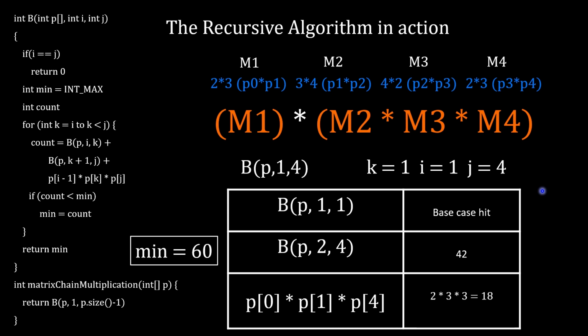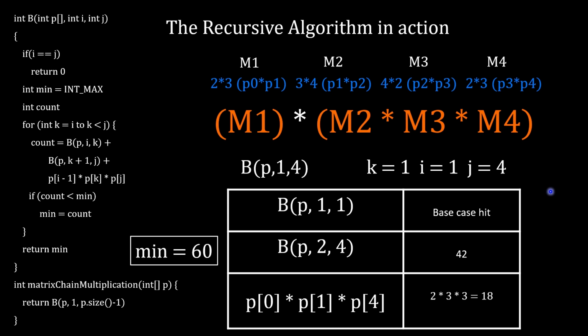Now, I should point out it's kind of confusing, but we did have a scenario where the minimum was 60 before, where we were looking at this specific range. But this minimum 60 is for the new resulting matrix for this combination. Now, this is where I'm going to leave it here for the recursive algorithm, because otherwise we'd then have to do this